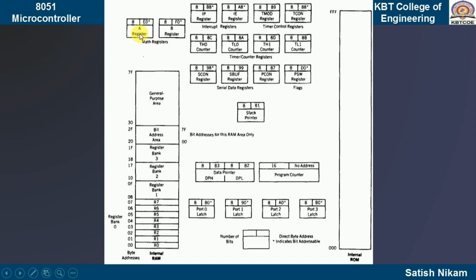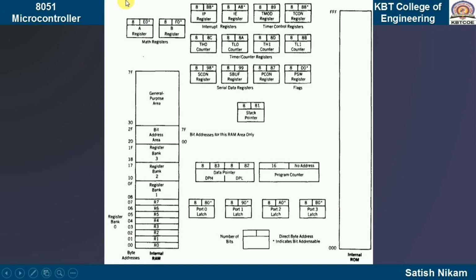Same way for multiplication, both the bytes are supposed to be in A and B. So, these are the requirements. A is also called an accumulator. Why accumulator? Whatever may be the result of your arithmetic operation, it gets accumulated in A. Whatever result we get, it is automatically stored into A.